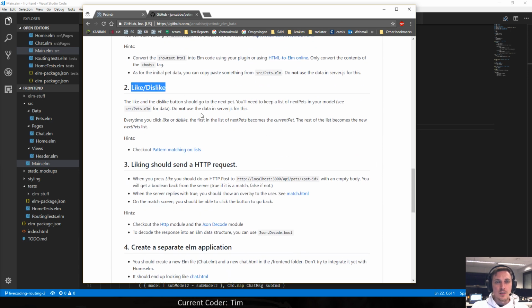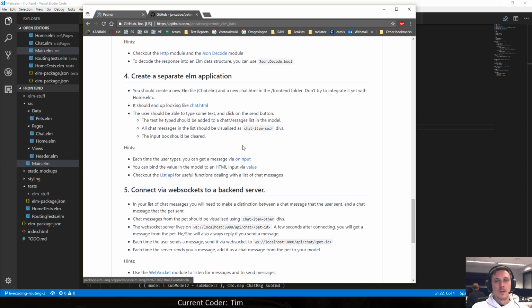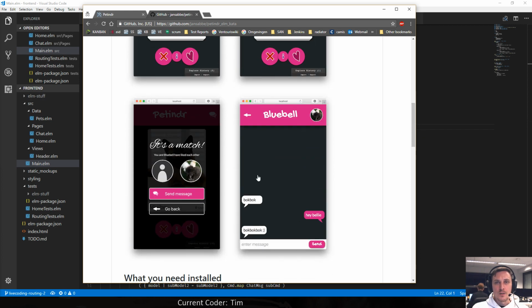Then we implemented dislike and like buttons just to advance the array of pets. And also when we like, it should send out an HTTP request to return a boolean. Then we followed step 4 to create a separate Elm application that does the chatting with a pet,